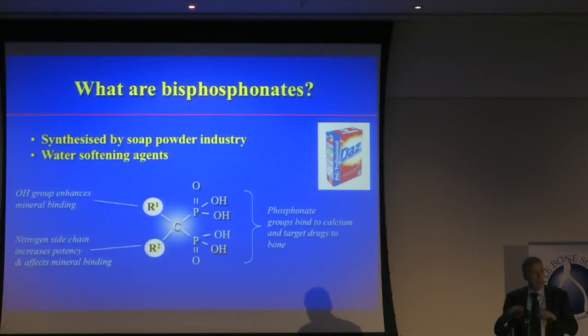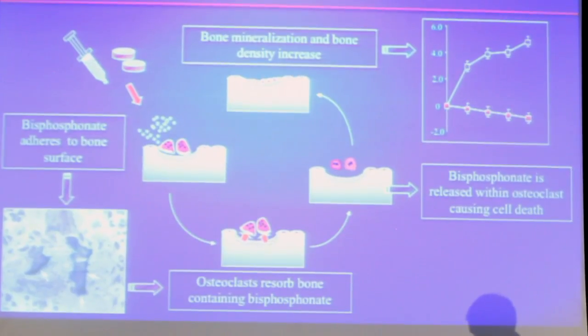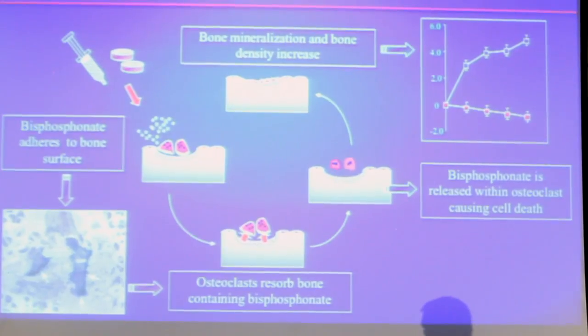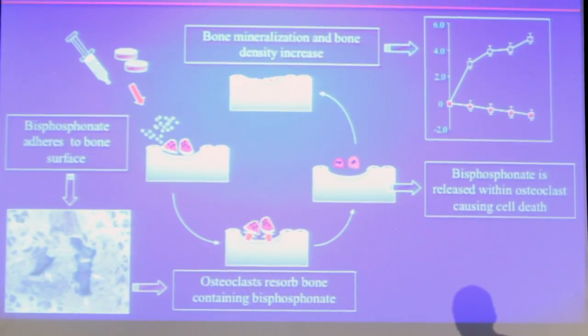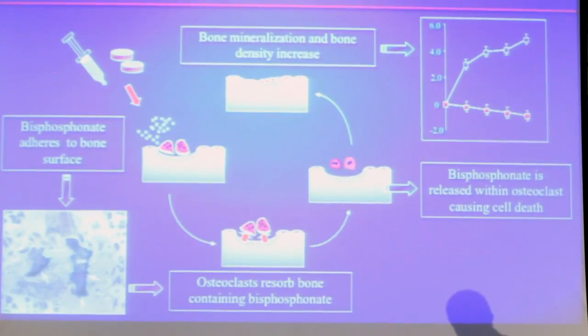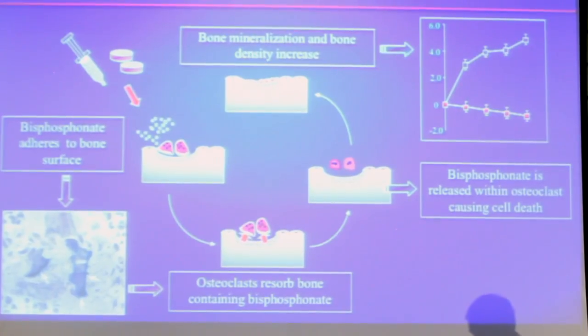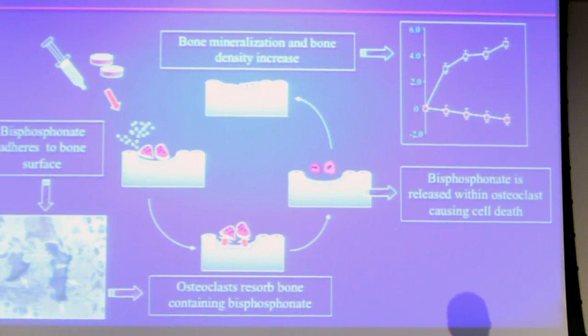They bind onto the bone and they stop the bone being resorbed, as shown here. So when the bisphosphonates are given, either by an injection or by tablets, they go into the circulation, they bind onto the bone surface, and the osteoclasts come along to eat away the damaged bone, but this time it's a poison meal, okay? They eat away the bone that's covered with bisphosphonates. The bisphosphonates are released inside the osteoclast, the bone-resorbing cell. And basically, the bone-resorbing cell dies. It's like a poison meal, okay?